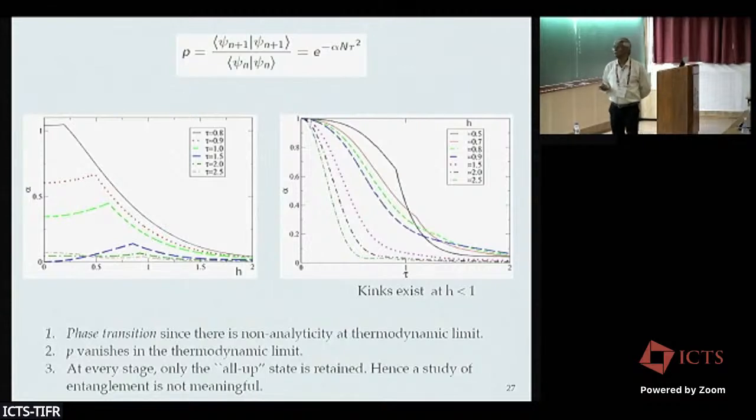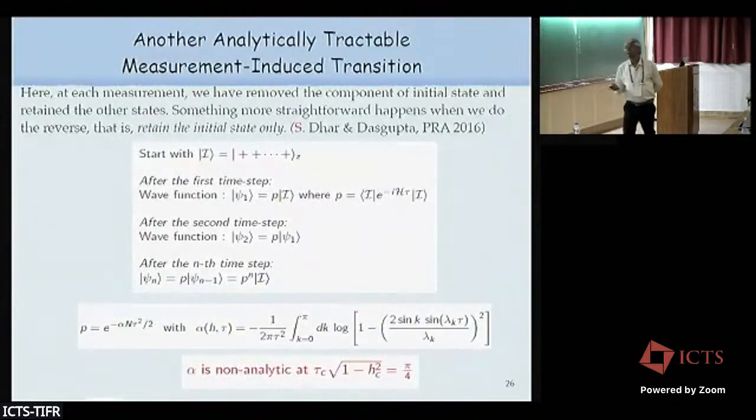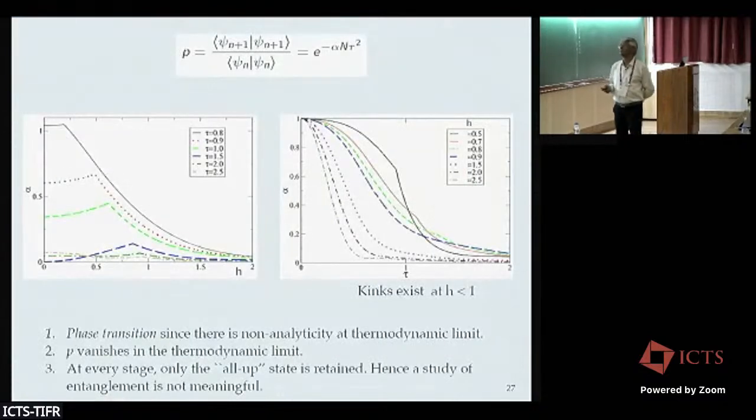And we may call this a phase transition because there is non-analyticity at the thermodynamic limit. However, this P vanishes in the thermodynamic limit. So again, this is a phase transition for finite size only. This is not a transition for infinite size. And lastly, at every stage, only the all up state is retained. Hence, a study of entanglement is not meaningful because at every stage I am only